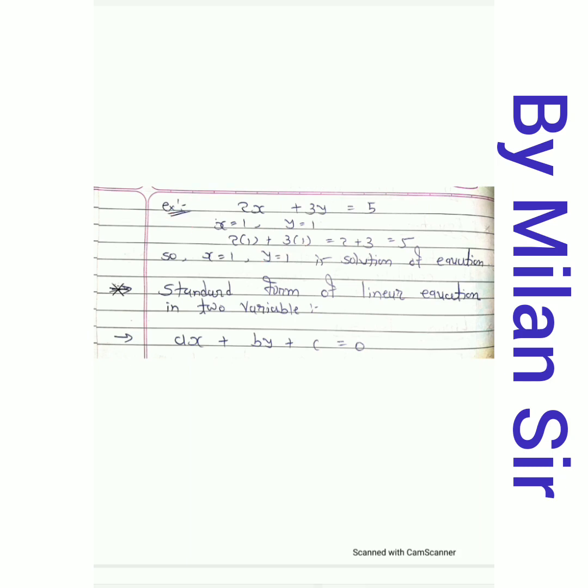Then the standard form of a linear equation in two variables. What is the standard form? First of all, for a linear equation, the exponent of both variables needs to be 1. So ax plus by plus c equals 0. Here x with its coefficient a, y with its coefficient b, and one constant term. So this is the standard form, ax plus by plus c equals 0.